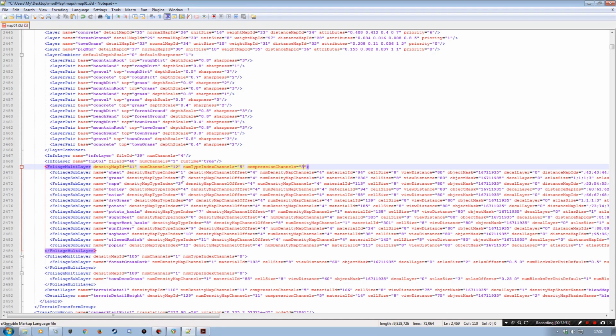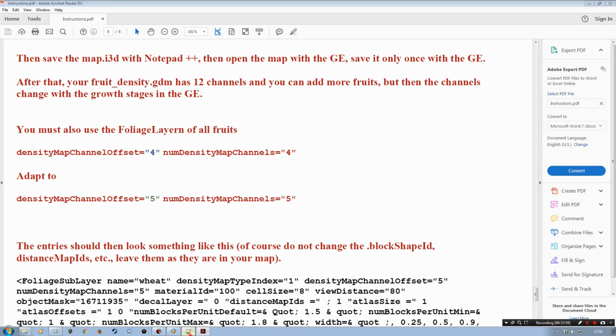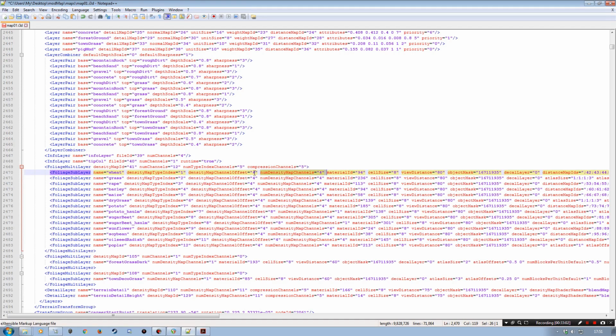So we need to change this one and this one, and they need to be changed to 5 and 5. So we need to go through all of those. So if we go 5 and then change all of these,